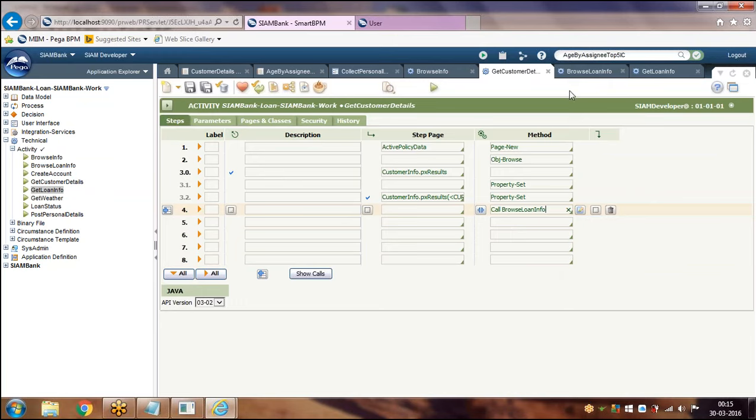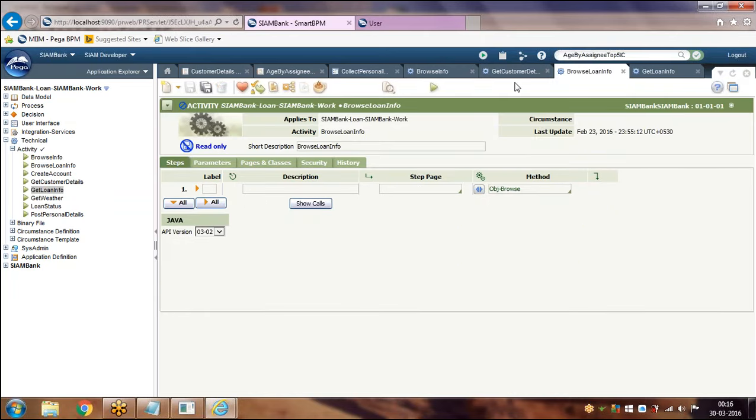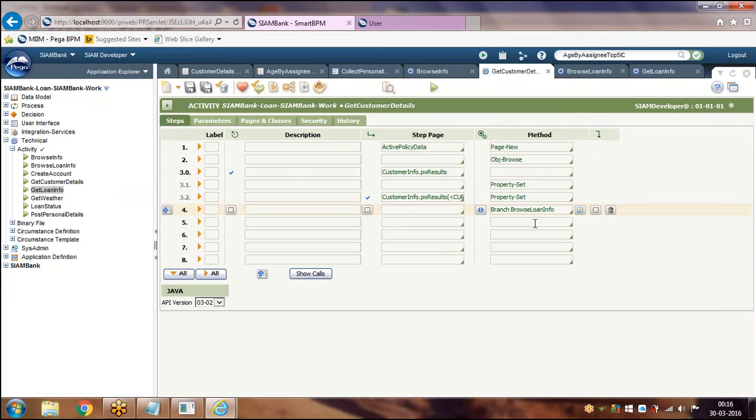But whereas branch, if you are calling an activity using the branch method, Pega will execute the called activity, browse loan info, and it will not come back and execute the other steps in the activity.